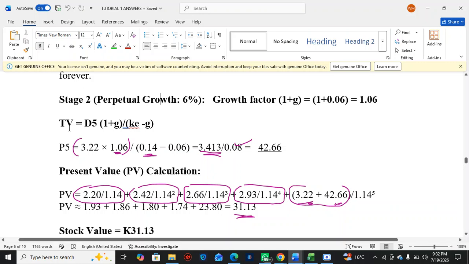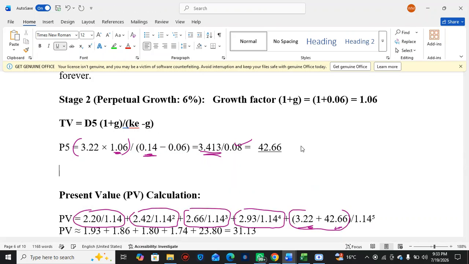here, this formula will be used to just get the value of the shares. That's all. You just have to do this formula and you get the value. Yes. Then if it's